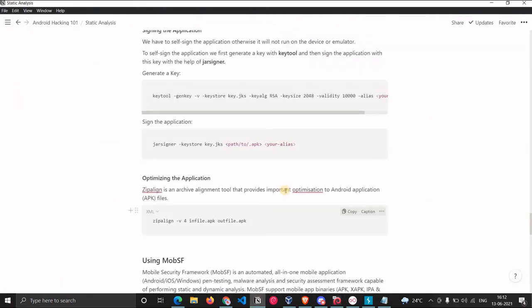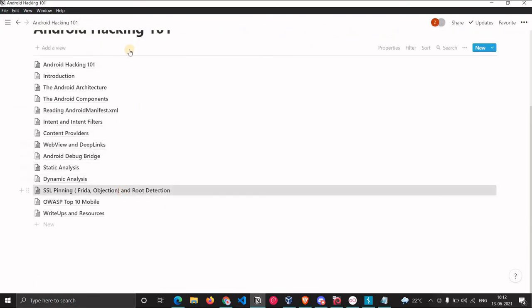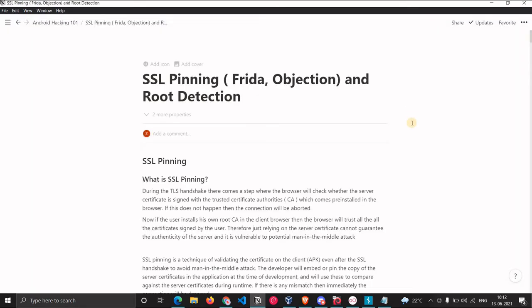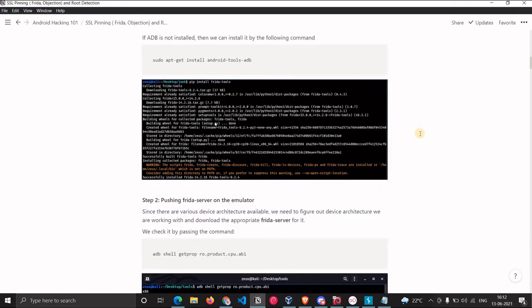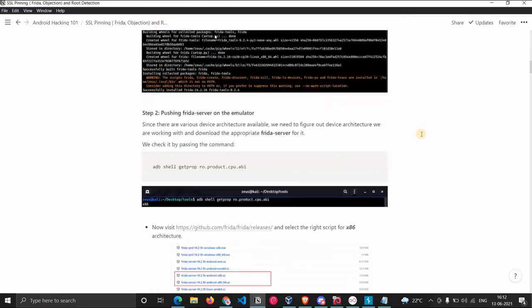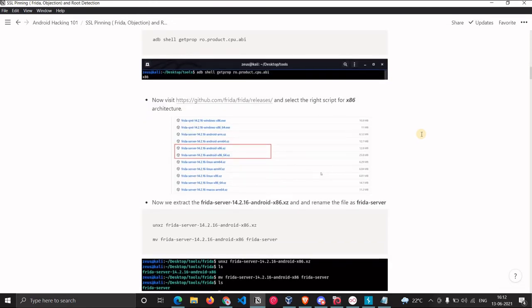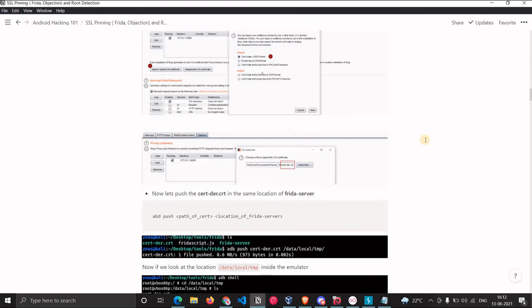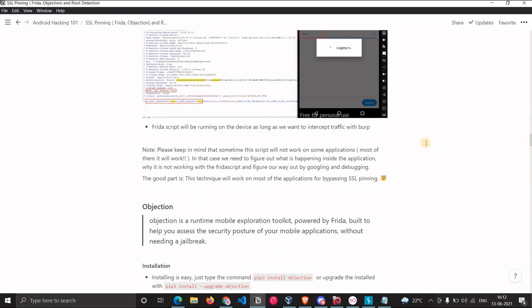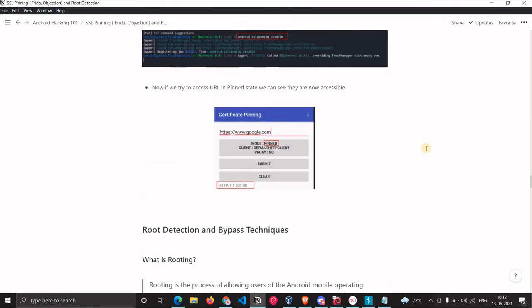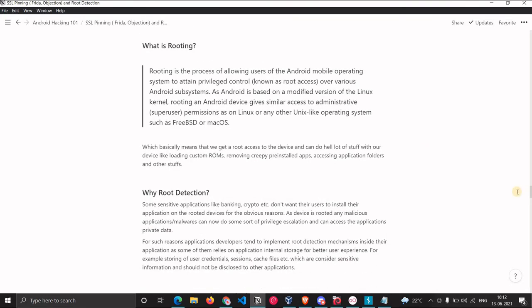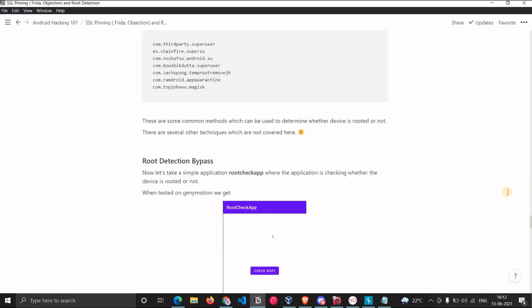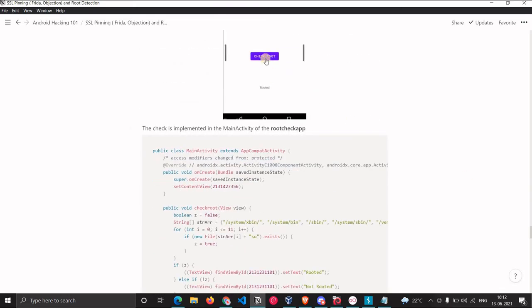Got it. Yeah. Okay. So this is how we can bypass the root check. If you know how to read the code, or figure out what is happening inside the code, then you just decompile the application, check inside the Smali code, try to map it to the Java code, see what is happening inside the Smali code, and then just edit it and build it. So yes, root detection bypass we saw.